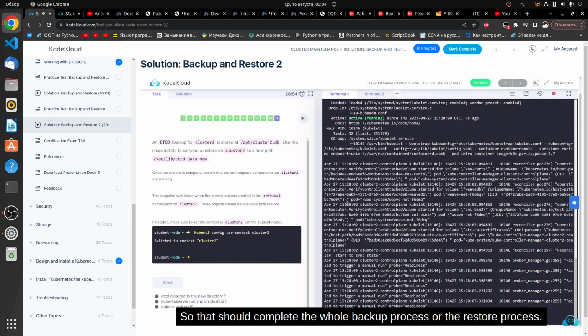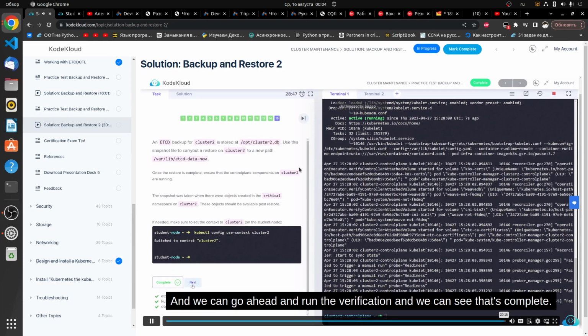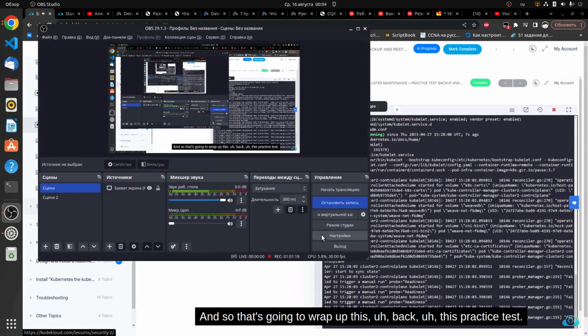So that should complete the whole backup process, or the restore process, and we can go ahead and run the verification. And we can see that's complete. And so that's going to wrap up this